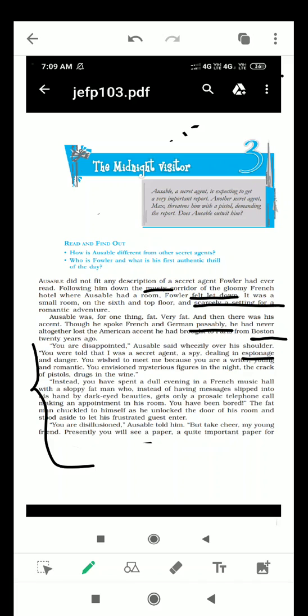Oswald said wheezily. Wheezily means speaking something with a release of air. You were told that I was a secret agent, a spy dealing in espionage and romantic. You heard me a secret agent, a man who dealt in espionage. Espionage means the action of a spy. You heard me a spy who dealt in espionage, and that is why you were with me to collect material